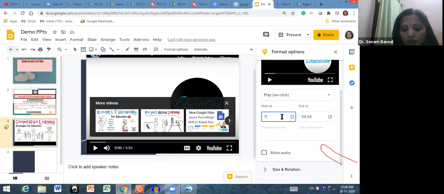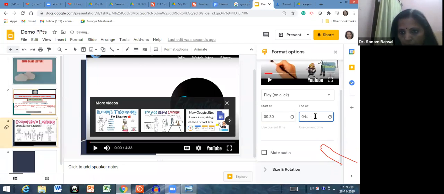You can just write here 1 minute, or 0.30 seconds to 0.2. This is how you can change the timings.